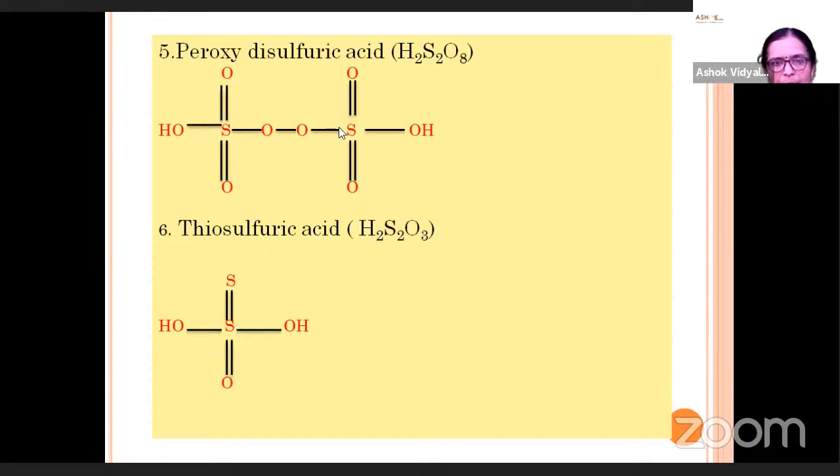Again there is an oxygen atom, SO double bond, SO double bond, and SOH bond. When you keep a mirror at this position, you get the same structure again. So this is known as peroxydisulfuric acid, having molecular formula H2S2O8. There are two hydrogens, H2, S2, 2 sulfur, and 8 oxygen atoms in this molecule. And the last oxo acid of sulfur is